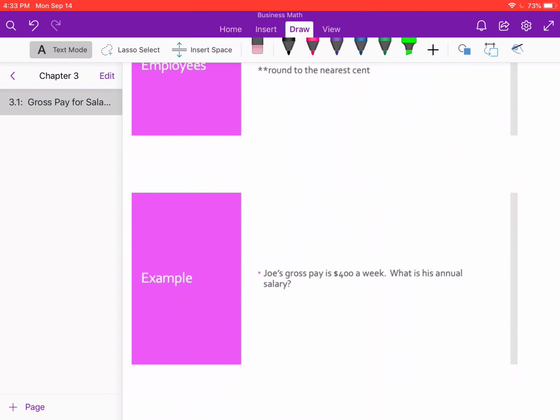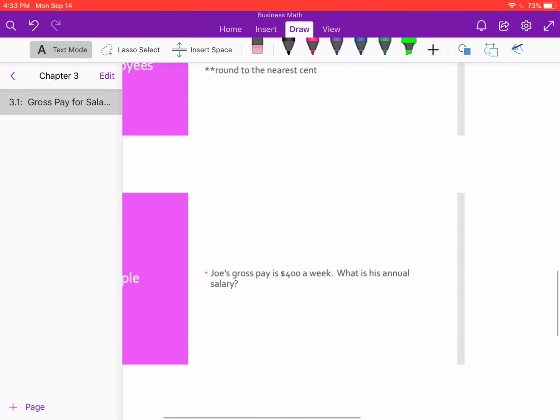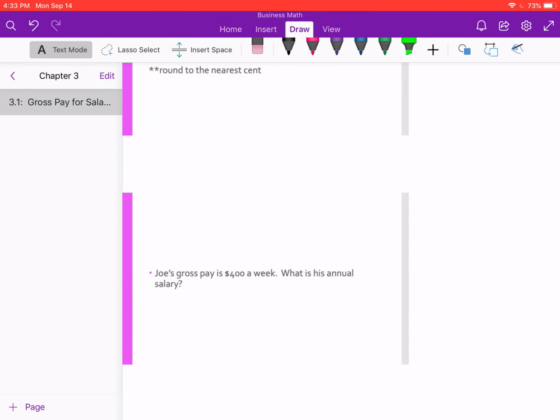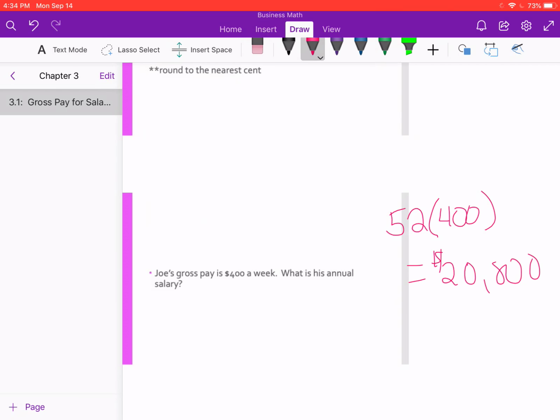So Joe's gross pay is $400 a week. What's his annual salary? So we see that Joe is paid weekly, so he gets paid 52 times a year, and he gets paid $400 a week. So 52 times 400 is going to give us our yearly salary. So 52 times 400, you can use a calculator. So his annual salary is $20,800. So these kinds of problems you'll be given